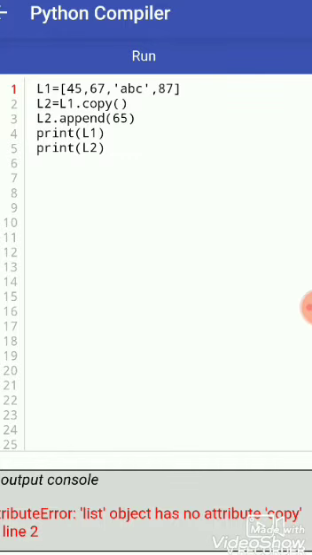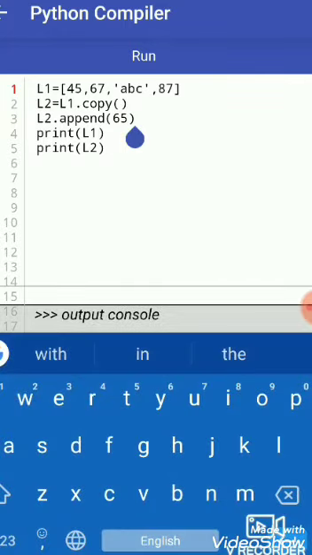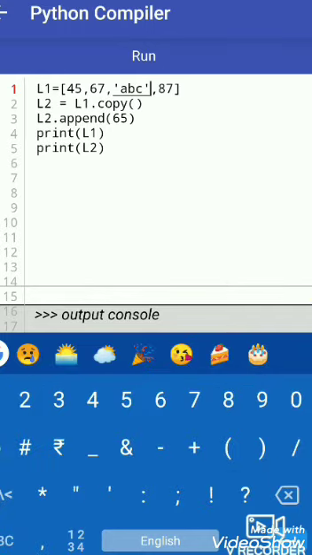Error. So what happened? L2 equals L1.copy(). This copy function did not work in the Python compiler, so we can run it on my laptop.